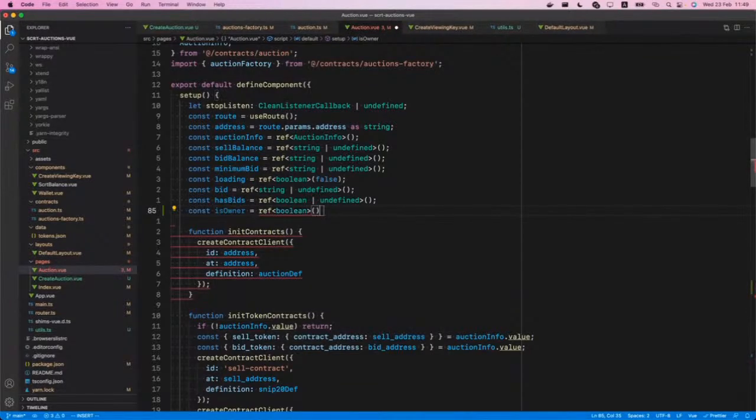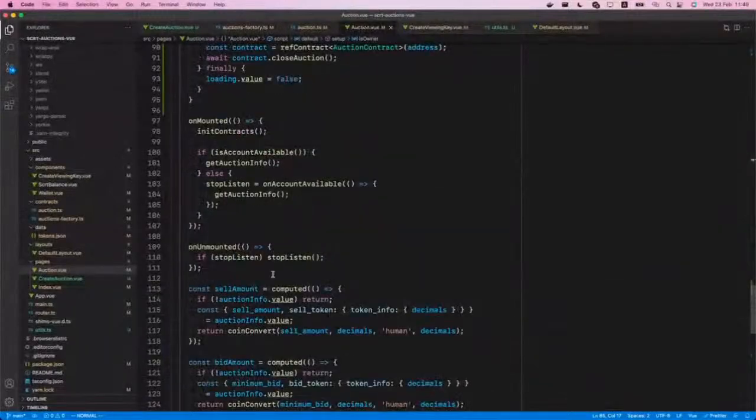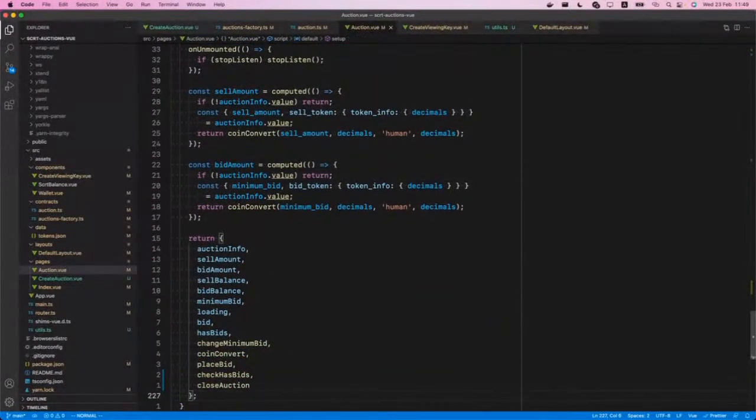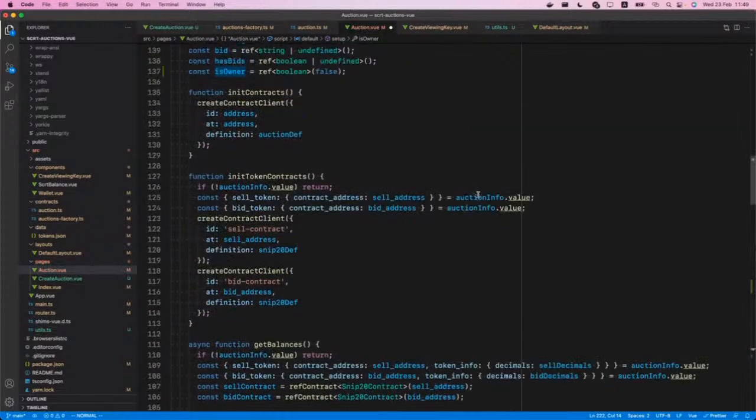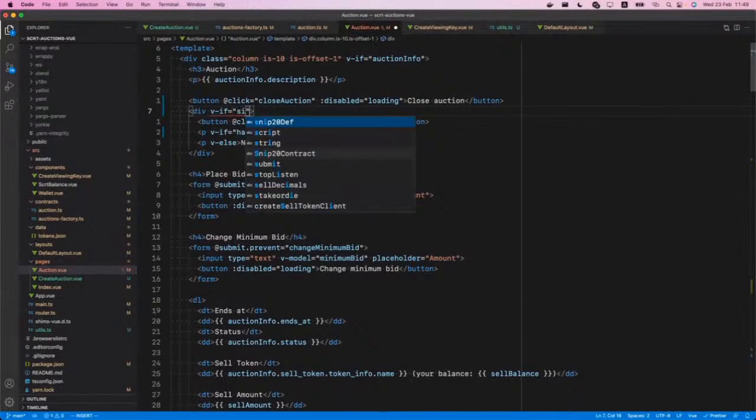By default, we're going to assume that it's not the owner. And then we're going to export that. Okay, return that so we can access that in our template. Then the if it's owner,